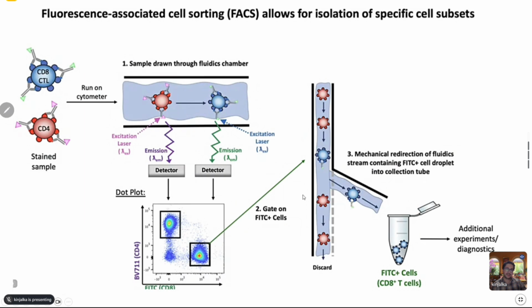Then you have something known as sorting, fluorescence associated cell sorting. Many of the flow cytometers may or may not have sorters. So here, suppose you want to do further research on one specific cell type from the mixture. So you want a pool which has those kind of cells, right? So from here, maybe you want to focus only on the cytotoxic T cells, the CD8 cytotoxic T lymphocytes and CD4 helper T cells. Now you see there are different cells, different antibodies, different fluorophores, and after they are emitted,